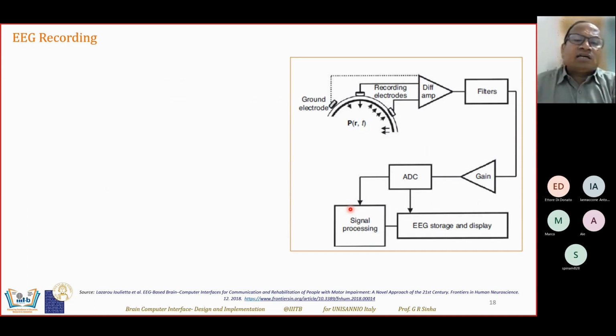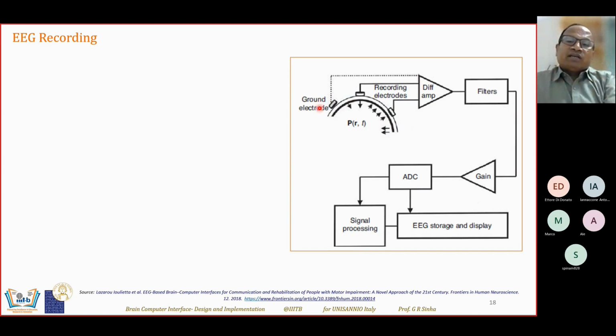EEG recording then comes to EEG recording. So look at this interesting diagram. We are talking about the hardware design, the design of BCI. So look at here. What is interesting you can find is, I think in coming slides, we will discuss a little more about this. So if you can find that even if you are recording a signal, there are three,